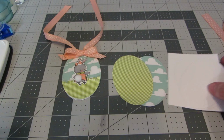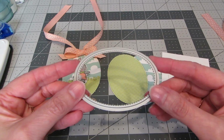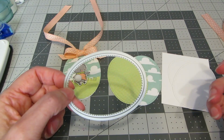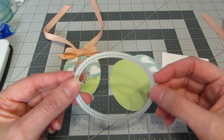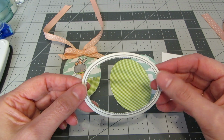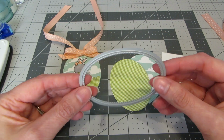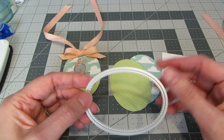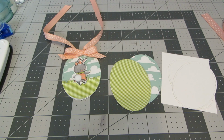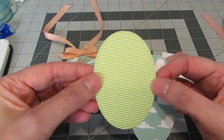So I used an oval shape die cut. This is the largest of the stitched shapes oval dies from Stampin' Up. You don't have to use a stitched shape. I just love the little extra that it adds around the edges. You could use any oval or really any shape, but I just thought oval kind of gave it an egg shape for Easter. And so ahead of time, I have used that die cut to pre-cut the green check paper,